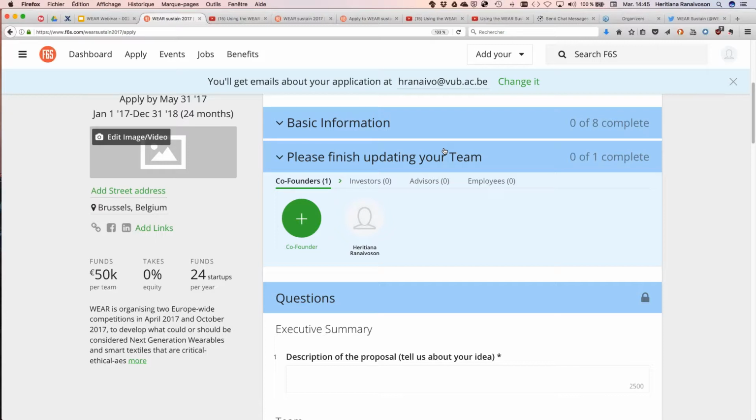It's very important for you to understand a bit how the platform works and how we are using it in our process. Basic information and the information to update your team, that's something like the regular questions asked by the F6S platform. The F6S platform is really a huge platform with more than 1.5 million users, but it is aimed mainly at startups. Very convenient to handle the open calls. That's why we're using it, but